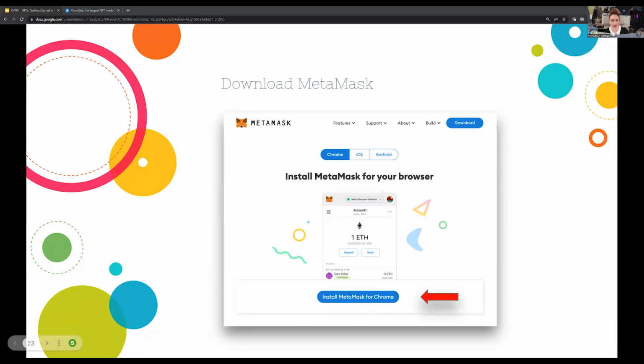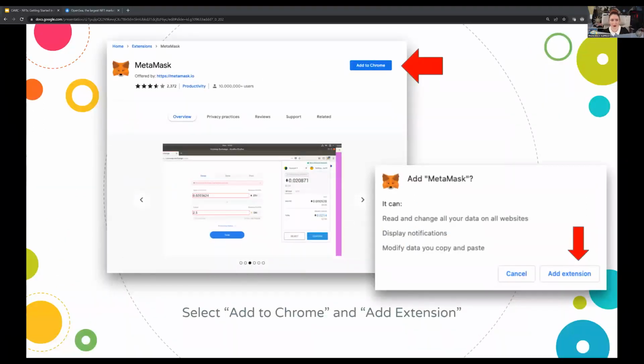So once you install MetaMask for Chrome, when you add it to Chrome, you'll get a pop-up that will prompt you to add the extension. And it says that it can read and make changes to all websites, which admittedly sounds scary.